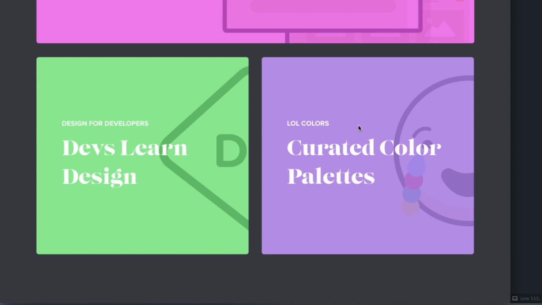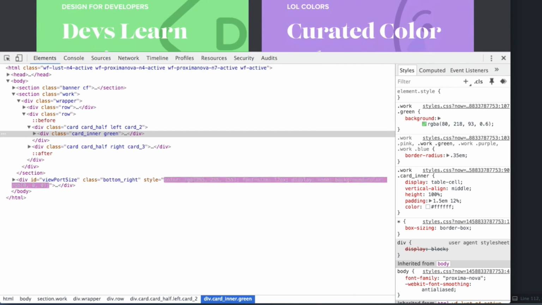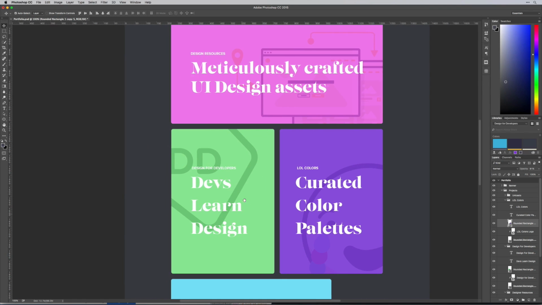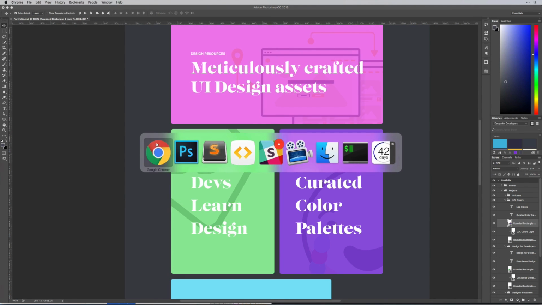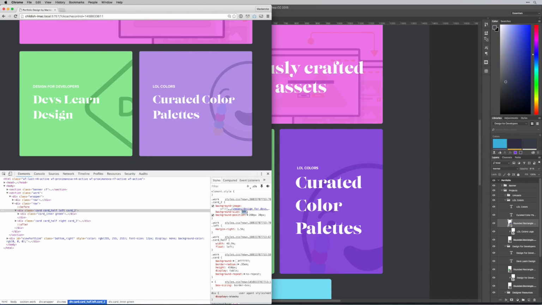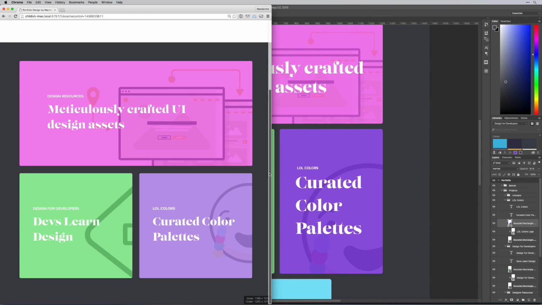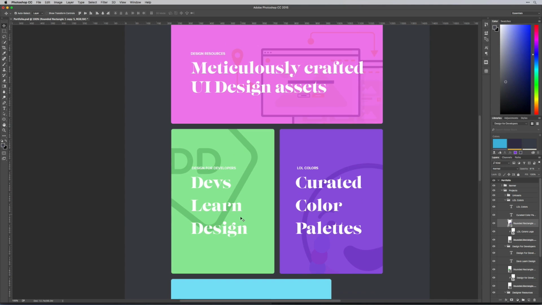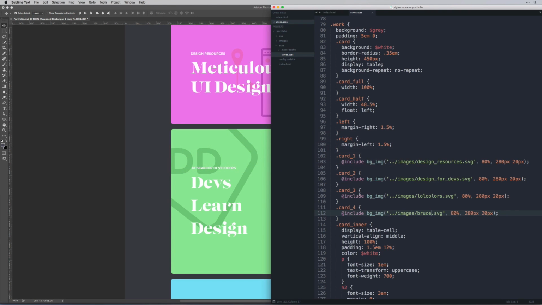Each of these are going to be different, so I'm going to individually play with them and change their size and positioning. So back in Photoshop, we have this design for developers one in the upper left corner. So let's go to Chrome and try to get that correct. So 80% looks a bit small. Oh, you know what? First thing I want to do is we have this one's 450 pixels, but these are quite a bit taller. So back in Sublime,